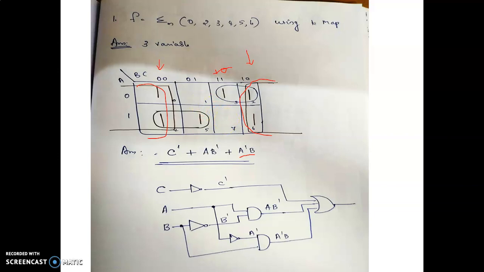And now the next step is you have to group it. Okay, so grouping has to be done. When the grouping is done, keep in mind you will be grouping ones which are adjacent, and if there is a possibility of grouping into higher groups, consider that. And also keep in mind that the number of terms that we will get after grouping should be as few as possible.